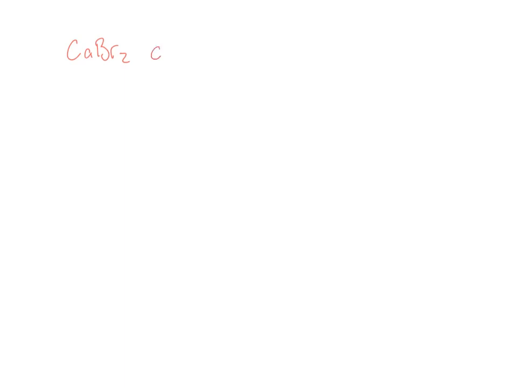Therefore, our name for this compound is simply going to be calcium bromide, not calcium dibromide. That would be incorrect, and it would be marked as such. On the other hand,